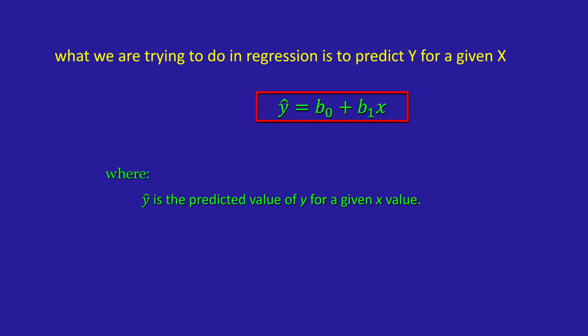What we're trying to do in regression is to predict y for a given x. So let's call the predicted value of y y hat, and yes, that caret on top of the y is called a hat. So the equation is y hat equals b naught plus b1 times x. You might recognize this as y equals mx plus b from algebra, but in statistics we have the y-intercept first and then the slope. So it's y hat equals b naught, the y-intercept, plus b1, the slope, times x. I have a more in-depth video on simple linear regression you might want to review if you're not familiar